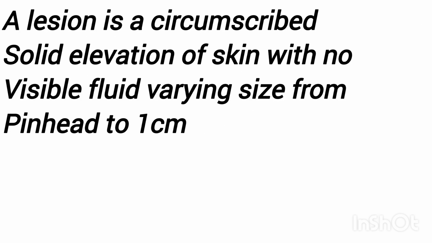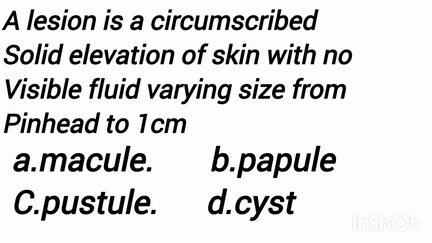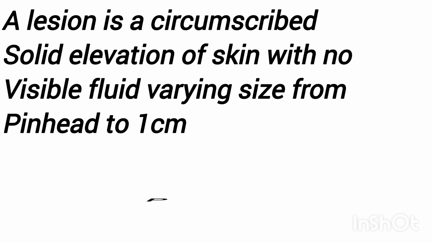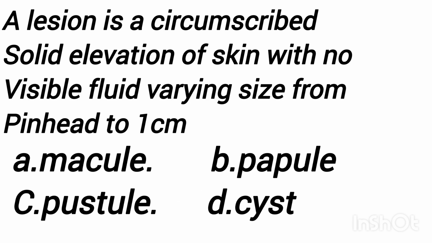Next question is, a lesion is a circumscribed solid elevation of skin with no visible fluid, varying in size from pinhead to 1 centimeter. So what do we call that lesion? Options are maculae, papulae, pustule, cyst. And the answer is papulae. And the rest of the things, like pustule, is a pus-filled vesicle, and cyst is a sac-like pocket of tissues that contains fluid, air